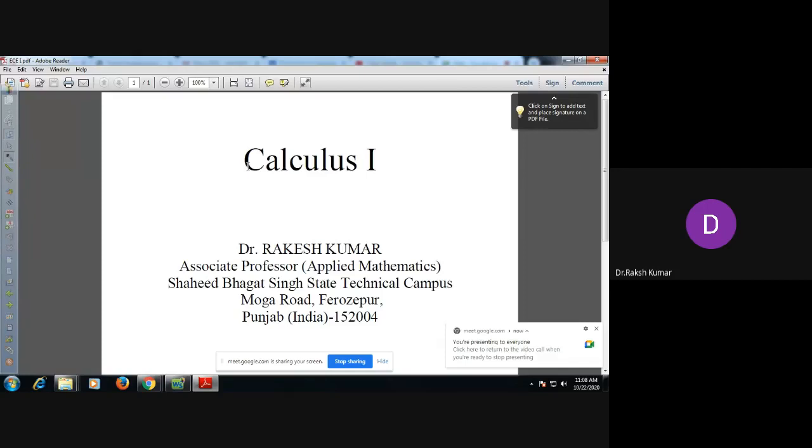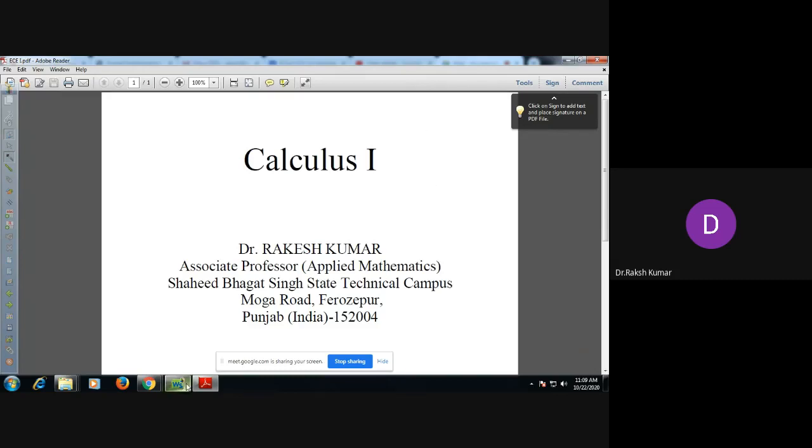We have started this topic a few days ago, and a few questions or topics are related to the heading of calculus 1. The very previous topic which we have done was the volume of solids of revolution. So let us continue the same topic further: how to find out the volume of solids of revolution.